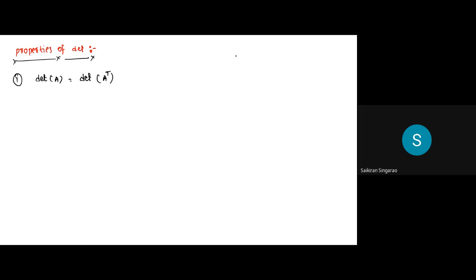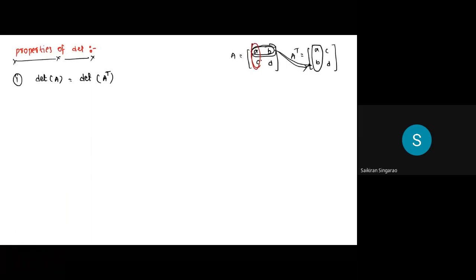Sir, what is this A transpose? What is A transpose, sir? If your A is A11, A12, or let me write A, B, C, D. If you have A, B, C, D as A, then what will be A transpose? Then A transpose will be A C, B D, right? You change this row to column here, isn't it? This row has been interchanged as a column here, or you can also understand it like this. The column has been interchanged as a row here, right?